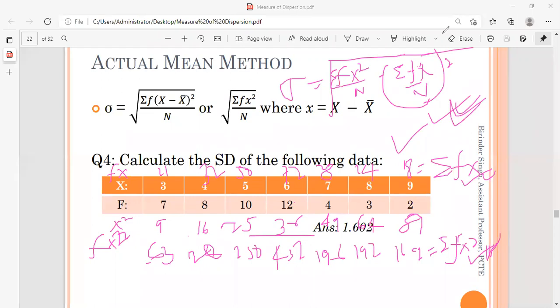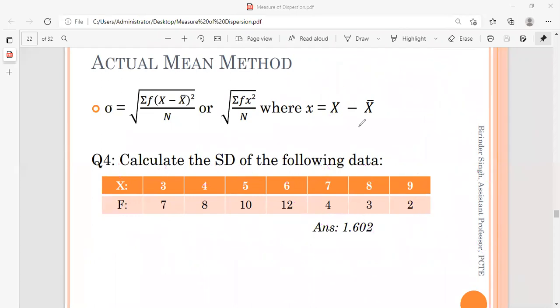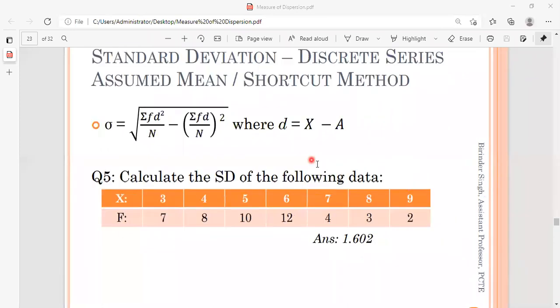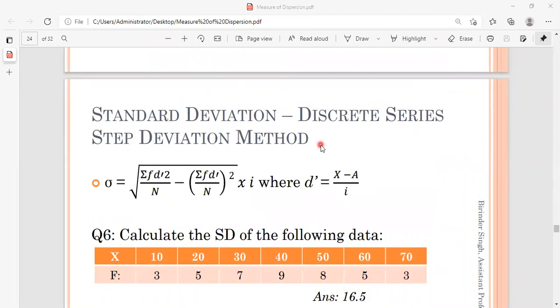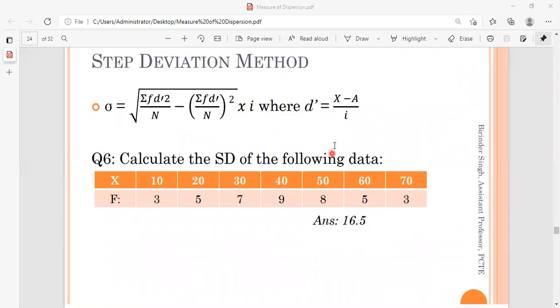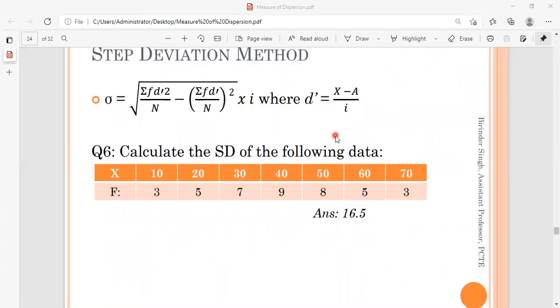I hope you understood up to these steps. Let me move ahead and talk a little bit about the computation of standard deviation in case of the continuous series. And again, I'm skipping the assumed mean method here. No need to go through many formulas to compute the same thing. Our concern is just to understand the meaning and at least one commonly used technique for the computation of standard deviation.